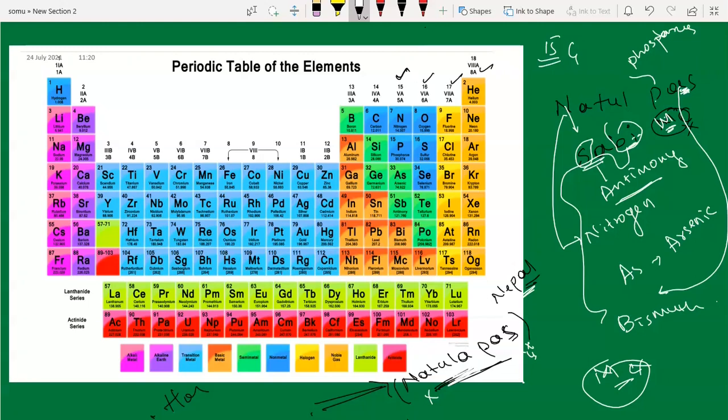So P is phosphorus, and here Sb, what we have, this was Sb, not bismuth, sorry I forgot to explain, I did a mistake here. So along with that Sb, that is antimony, and this As, ये दोनों आर्सेनिक, ये दोनों मेटलॉइड है.